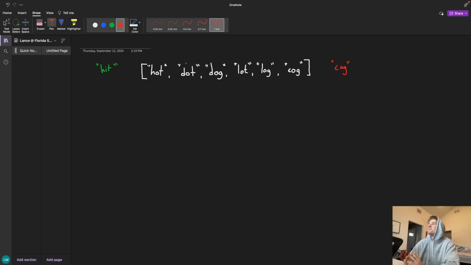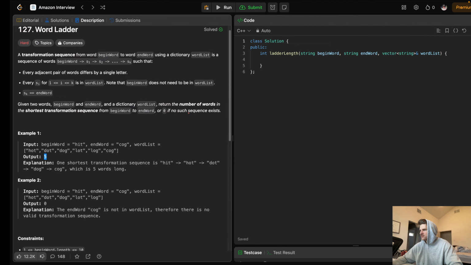You could compare the words, iterating through every single word in your word list and checking whether any words are off by one letter. But the issue with that is, if we look at the constraints,